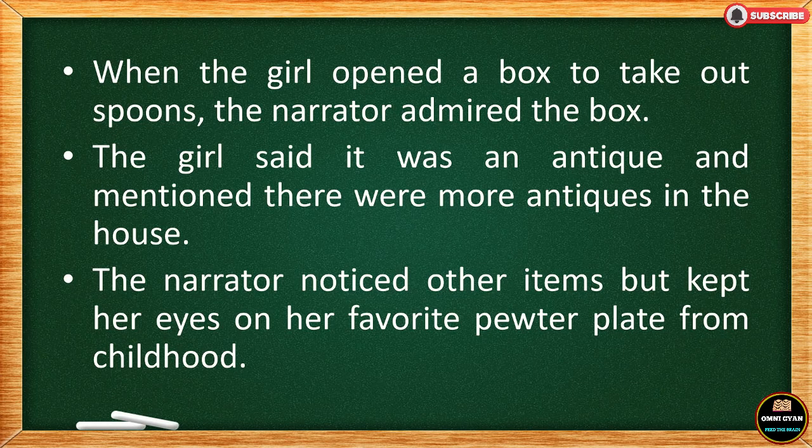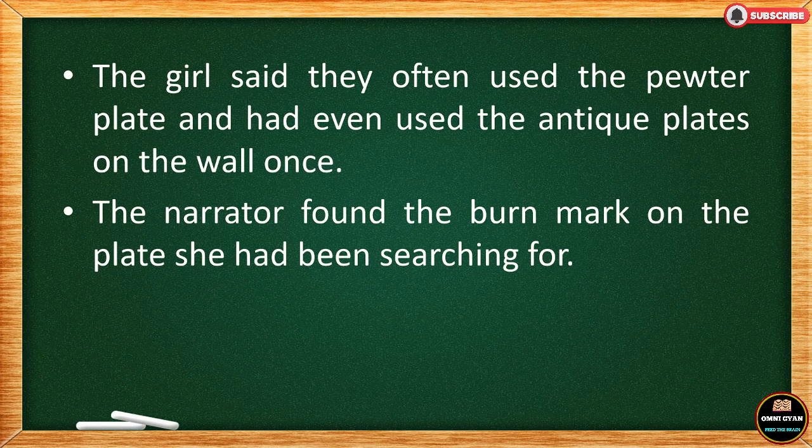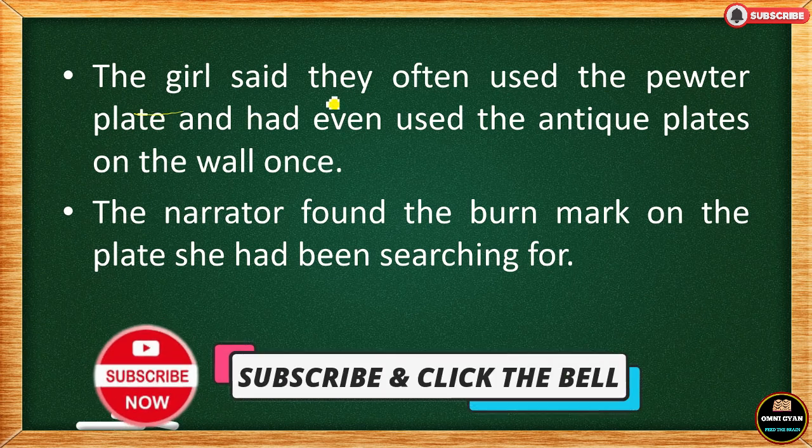Darling, almost everything belonged to the narrator's mother, right? And Mrs. Darling is refusing to give these things back to the narrator. ठीक है. तो narrator ने notice किया ये pewter plate, and suddenly she remembered that when I was a child, I used to eat on this plate only. All right. And the girl said they often use the pewter plate, and I'd even used the antique plates on